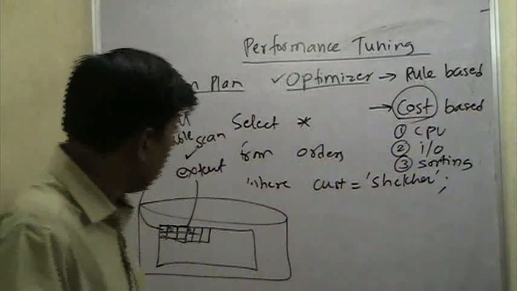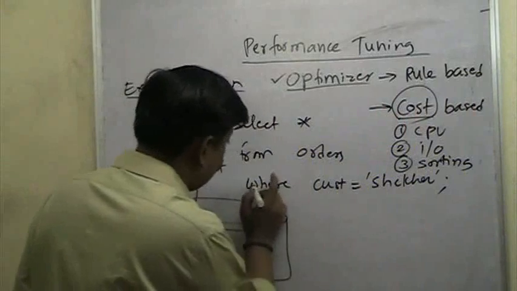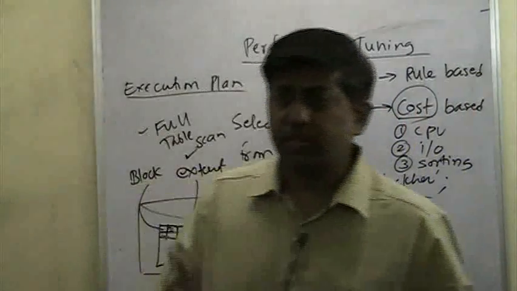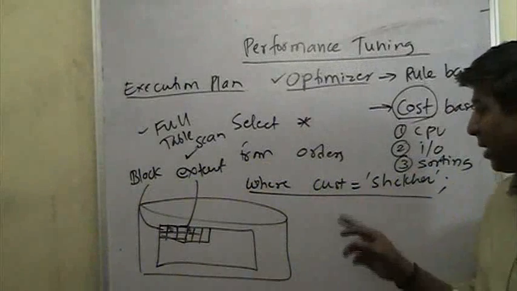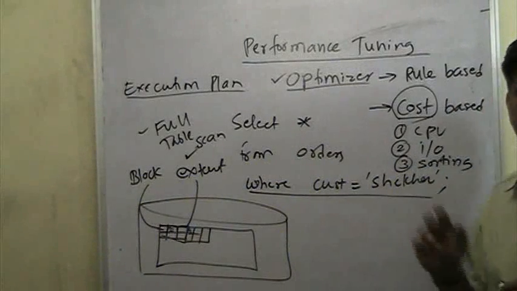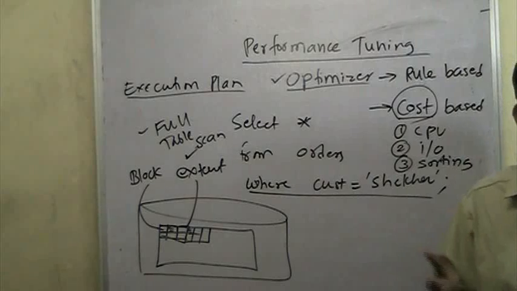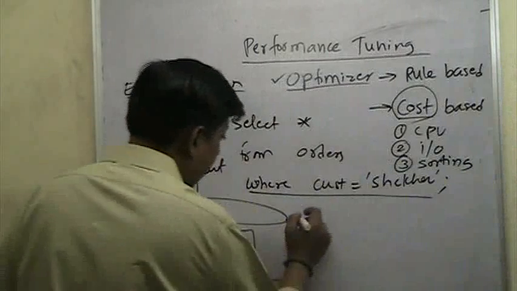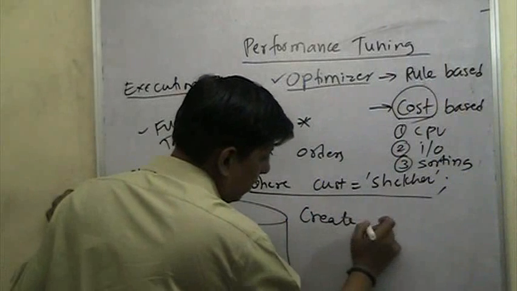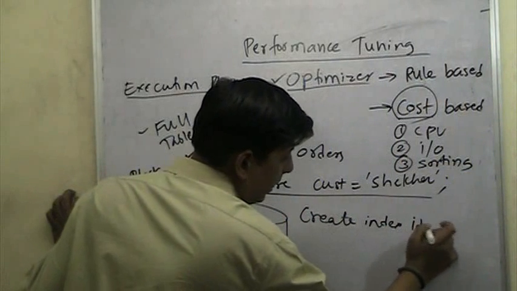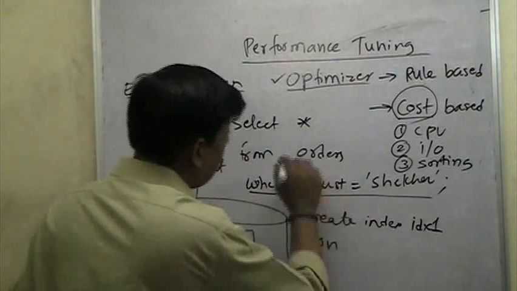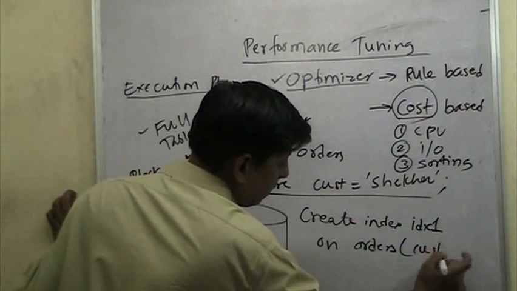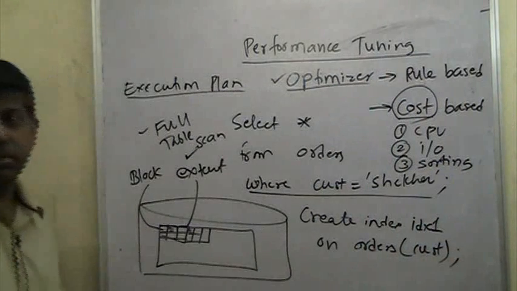So Oracle is going to say, if you are going to write queries like this, where customer name is equal to Shekhar, those types of queries are going to be written more often. Why not create an index on the customer column? So we execute a command called create index. Name of the index is IDX1 maybe, on the table orders and the column cust. This is the command that you will execute,